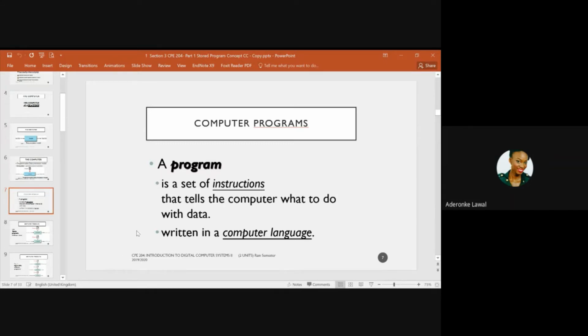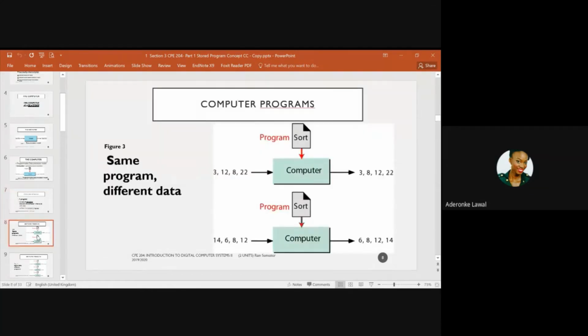A program is a set of instructions that tells a computer what to do with data. It is written in a computer language. There are some computers that have the same program, but with different data. I think we can say that an ATM might fall under this category, where